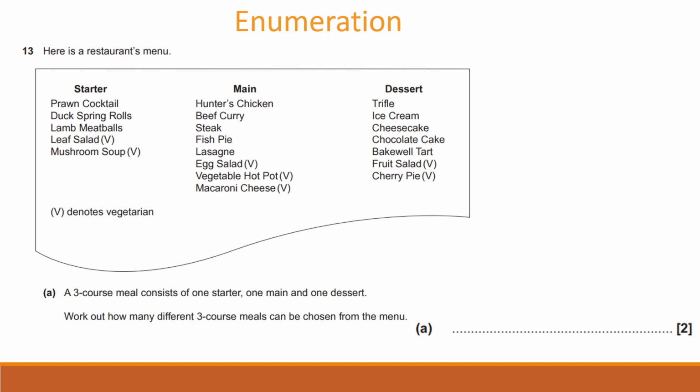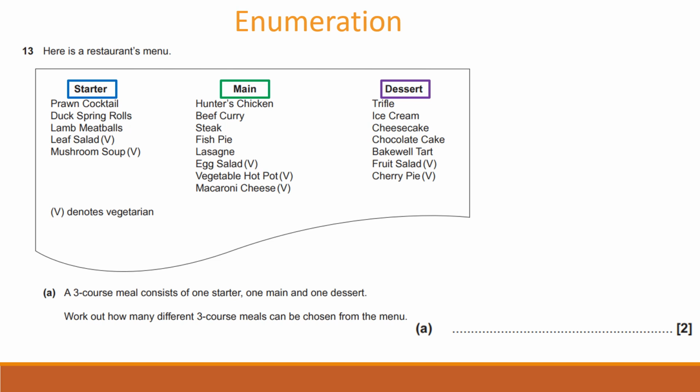And this question is a question where you're given 3 bits of information normally, and you've got to work out the order or how many options you're going to get for a certain situation. In this case, we're looking at food. So we've got a starter, we've got the main course, and we've got the dessert. And we've got this 3-course meal, and we've got to work out how many different ways can you have this